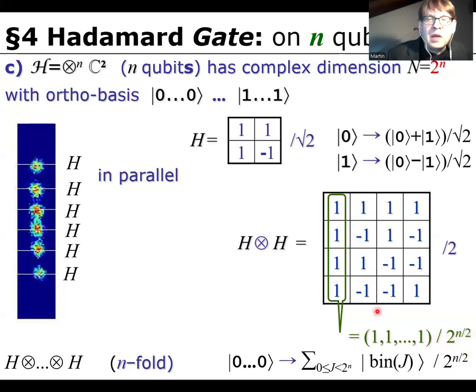And this can be expressed in this way, that the 0 binary vector abbreviation gets mapped to an entangled state where each binary number from 0 up to, but excluding, 2 to the n is represented with equal weight